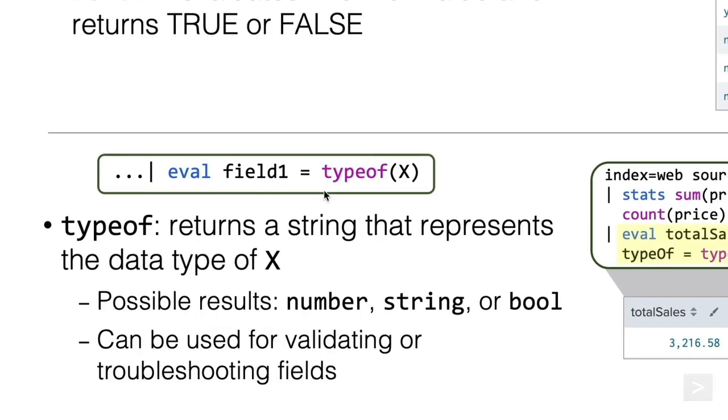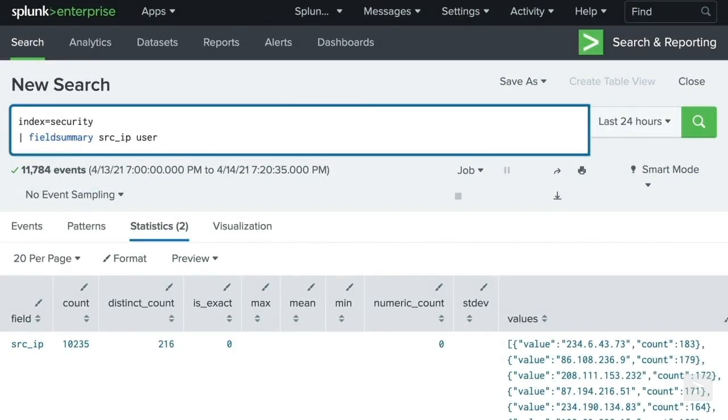The type of function will return the data type of the field that is passed in as an argument. So possible results will be number, string, or Boolean. And if we take a look at an example here